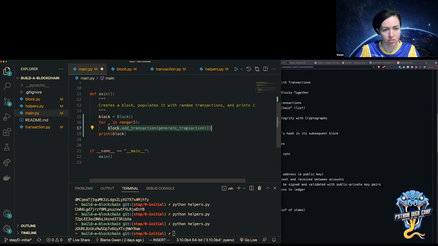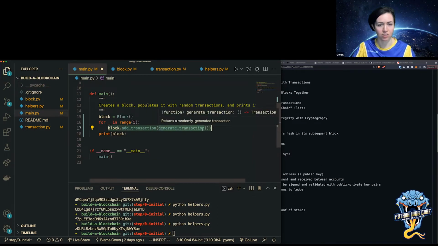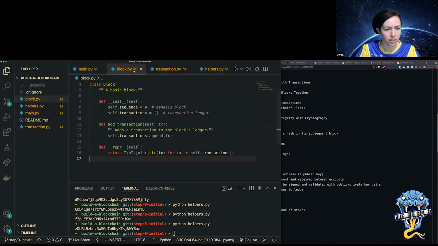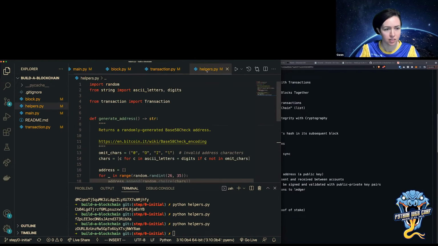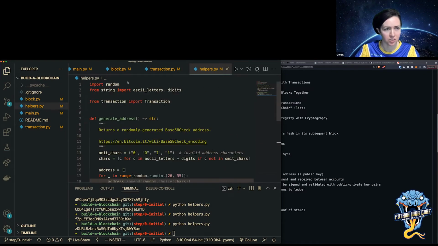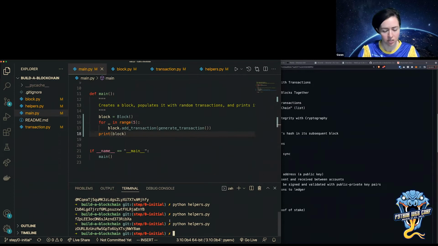So add transaction, generate transaction to pass in a new transaction. And then I'm going to print out the block here. I think I had some code I need to remove. Oh, I was printing, but I guess I already removed it. Okay. So let me try to run that. So python main.py.